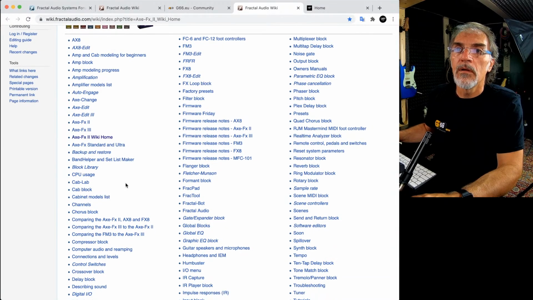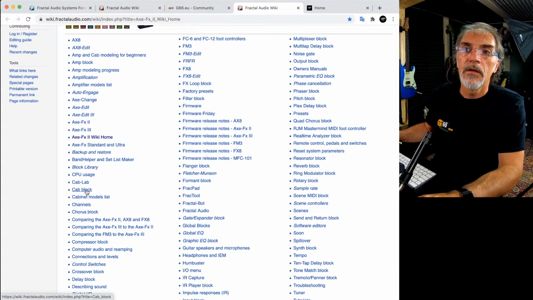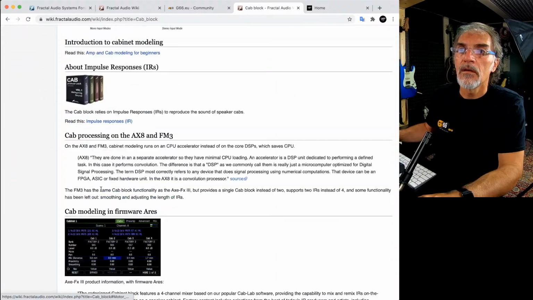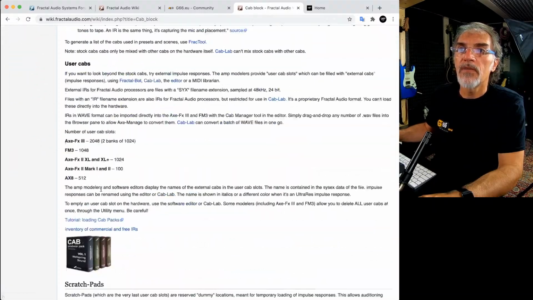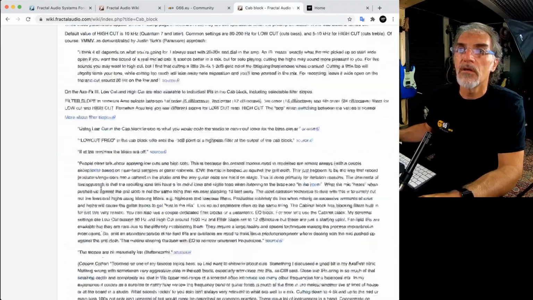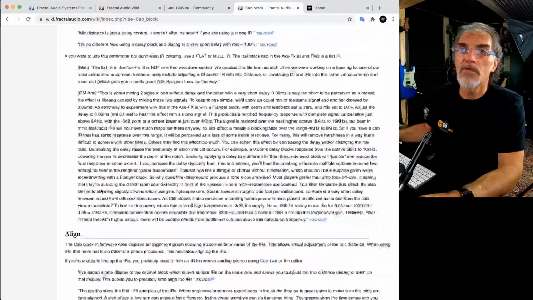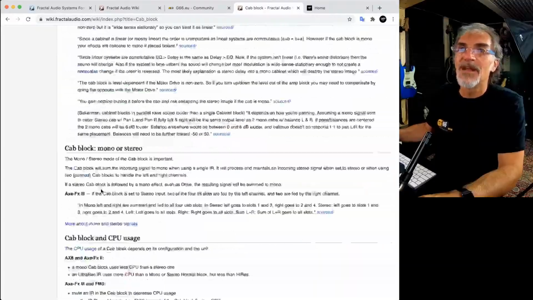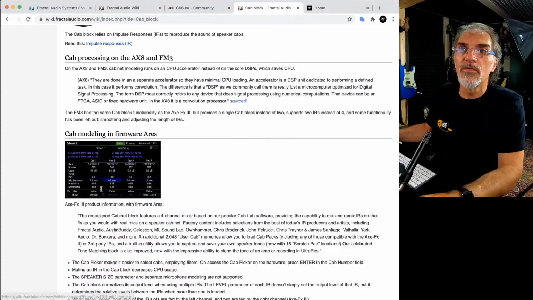For example, many of you wanted to know the meaning of impulse response. If you go to the cab block, for example, here, you can find the information about the cabinets block. There is a lot of information, of course in English, a long list, but very useful.